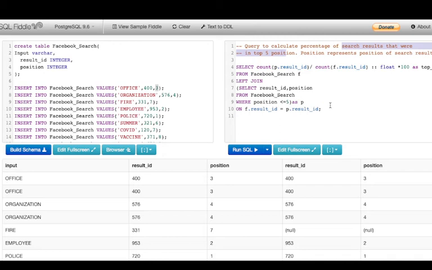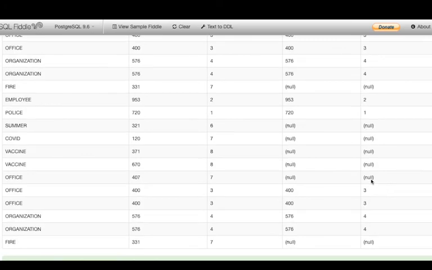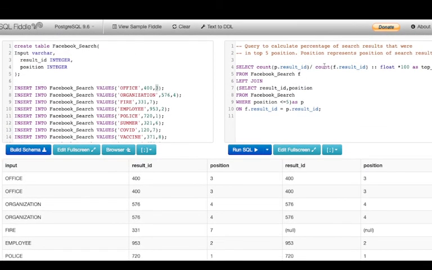So let me just break this down for you. We first wrote this query which gave me the top 5 positions, right? Then I left joined it with my original table to clearly see what I'm looking for. The values which were greater than 5 are showing me null, right? Now, to calculate the percentage, I divided the count of result ID from my subquery with the count of my result IDs from the original.